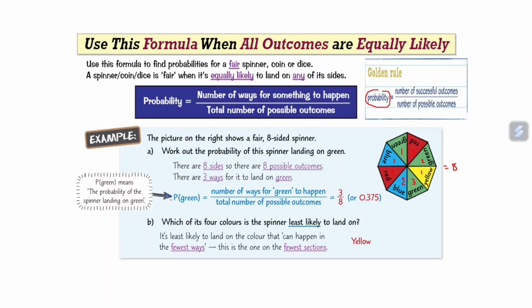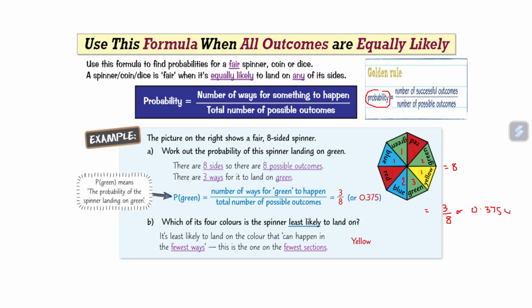Now let's go to the question. The question says, what is the probability of the spinner landing on green? So what we need to do is count the number of green parts here. That's 1, 2, 3. So your answer becomes 3 over 8. Notice, probability answers can either be in fraction or decimal as shown here, 0.375,